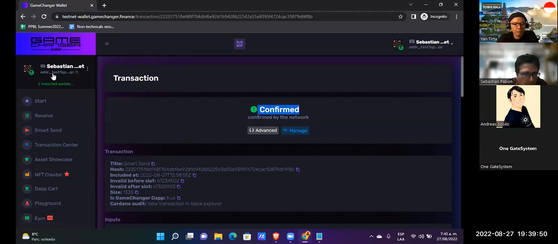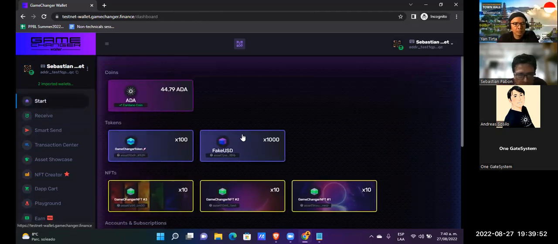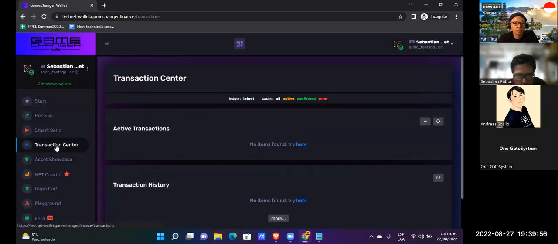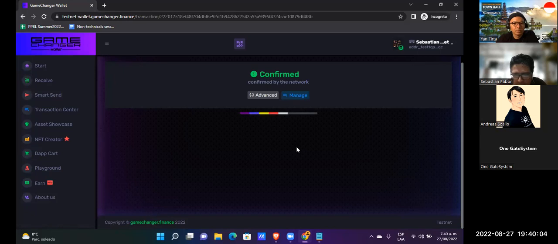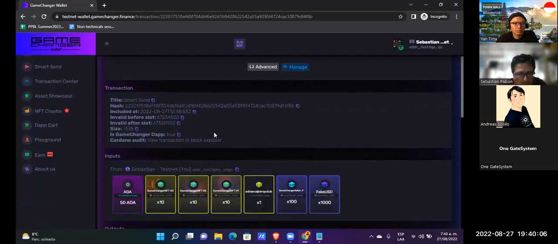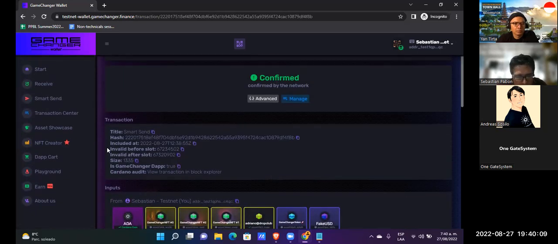This is when you are here at the start. You go to Transaction Center. This is our transaction history, and you may click here, and you can see some information, some data.